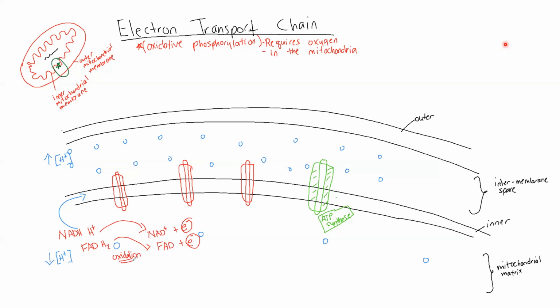When we were making them back in glycolysis and the Krebs cycle, that was called reduction, okay? So we put these electrons into this mitochondrial membrane. And as we move hydrogen ions, so we have lots of hydrogen ions here, very few hydrogen ions here, that creates a gradient, right? When we have the movement of hydrogen ions